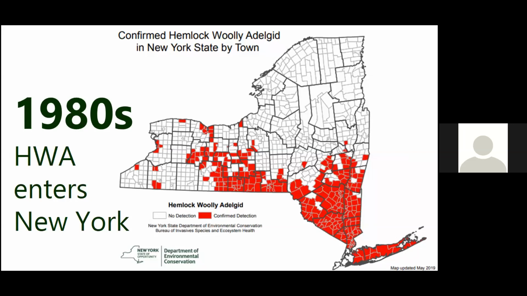And it quickly moved north. From that origin point, by the late 1980s, it had reached the Catskills, going up north into the lower Hudson region and into the Catskills. We got our first infestations in the Finger Lakes in 2008. Those were when the first ones in the Finger Lakes were detected. And it's spread north into the Southern Capital region as well. It's been found as far north as Ballston Spa. But I am going to talk about